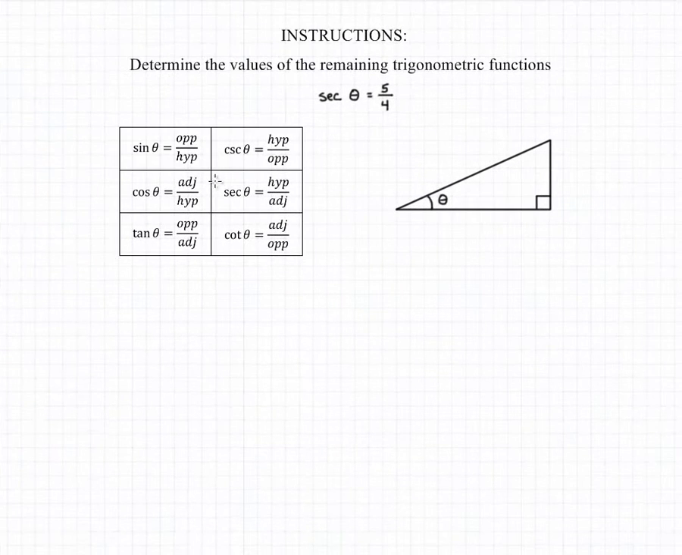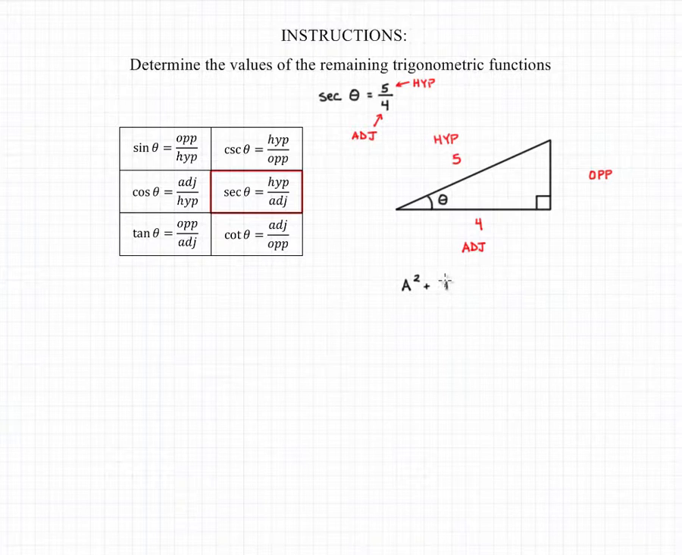In order to find the values of the remaining trigonometric functions, we first want to construct a triangle based on the information we're given and what we know about the definition of the secant of theta, which is that it is equal to the hypotenuse over the adjacent side of the triangle. So if we draw a triangle and label it according to theta, so adjacent, opposite, and hypotenuse sides, we know that if the secant of theta is 5 over 4, then the adjacent side must be 4 and the hypotenuse